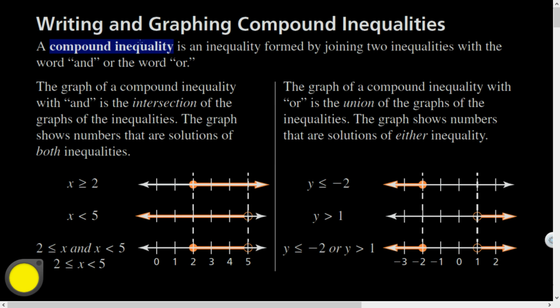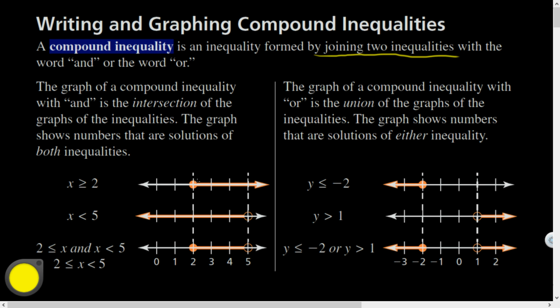We're talking about compound inequalities. Compound is when you've got more than just one thing going on at a time. A compound inequality is an inequality formed by joining two inequalities with the word "and" or the word "or." They just used "or" twice. That's funny. So a graph of a compound inequality with the word "and" is the intersection of the graphs of